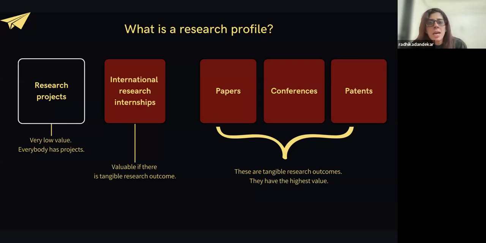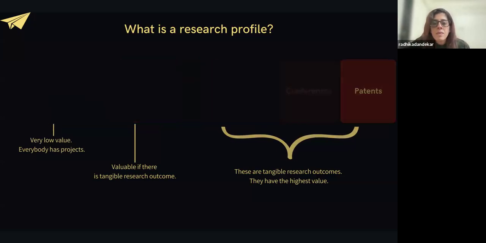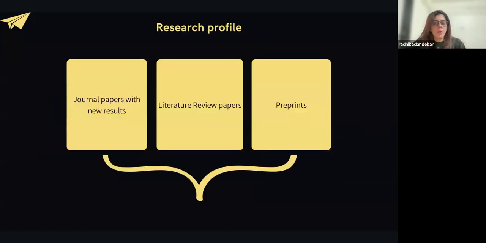It's not full yet. You haven't really achieved any tangible results with that yet, okay. So what completes your research profile is the things that are mentioned on the right, that is the papers, conferences, and patents, okay. So something that you're seeing on the left is halfway there, and something that you're seeing on the right holds extremely high value when you are adding it to your resume or your statement of purpose, okay. That is why research profile is very, very important.